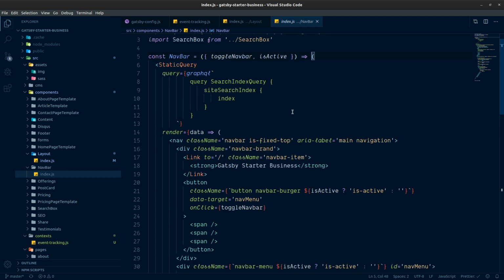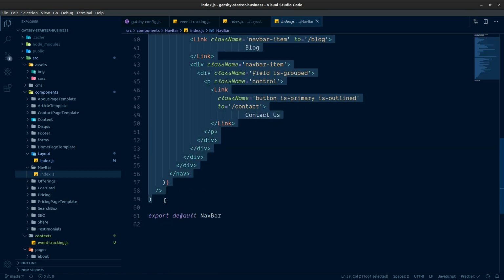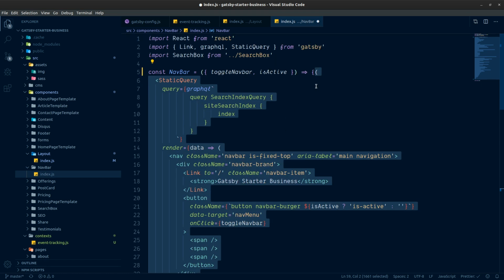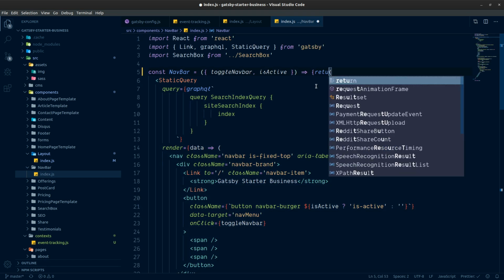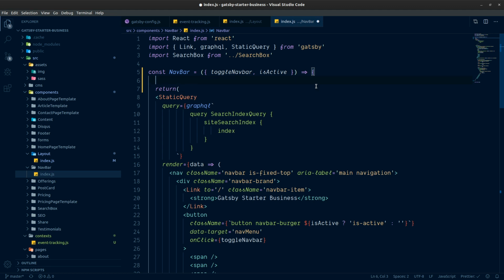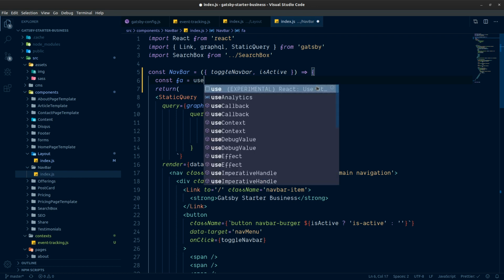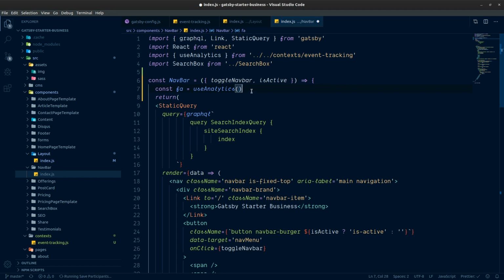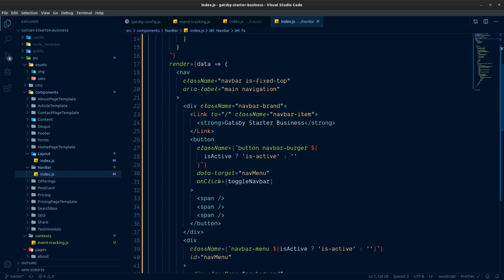Really what I want to do is wrap this up in some curly braces here, and then say we're going to return this. And then we're going to have const Fathom Analytics equals our hook we made, useAnalytics, and it's auto imported for us again here from context. If we hit save on that,